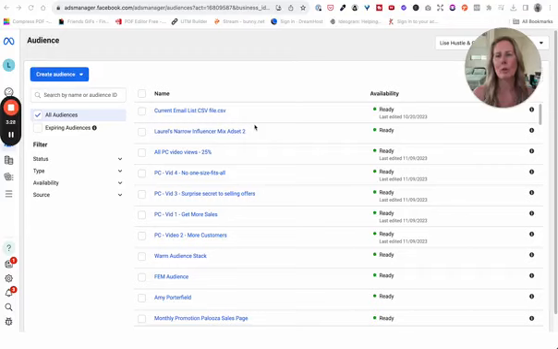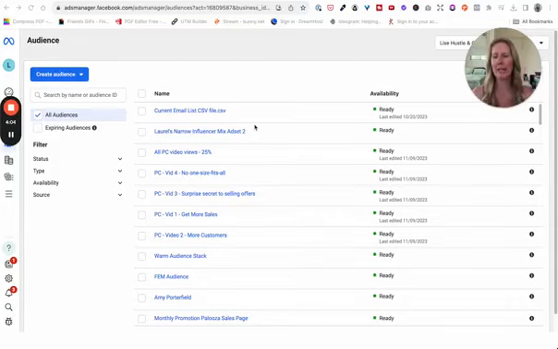Then you want to create audiences based on traffic to your website. Now, if you don't have your pixel installed, that is something that you would need to do, but it's so worth doing because now you can target anyone that has interacted with any part of your website. Hello, blog. If you've got blog content, then you definitely want to do this. So if you don't know how to install the pixel, honestly, I'm just going to link to the Facebook pixel information because it is relatively easy. It does depend on your website platform as to how easy the integration goes.